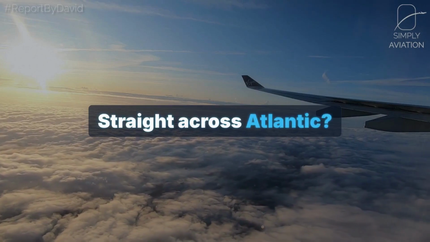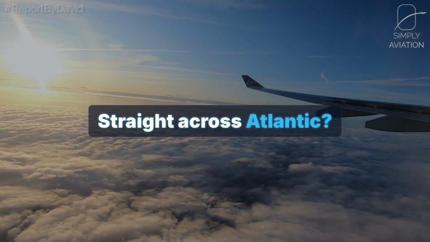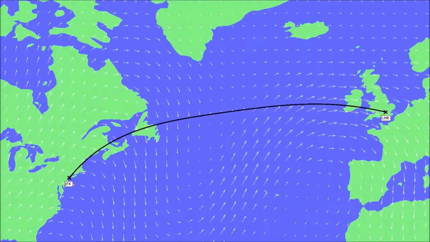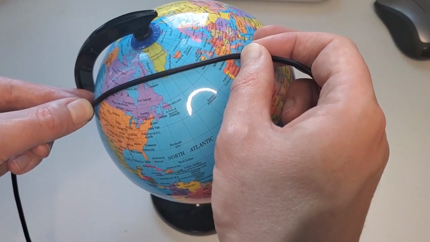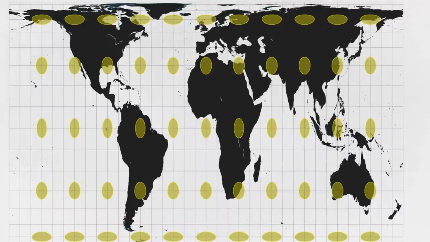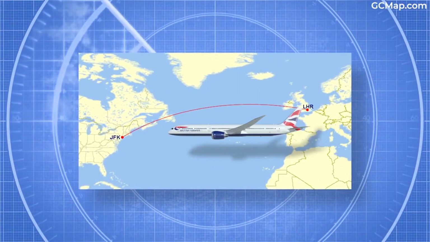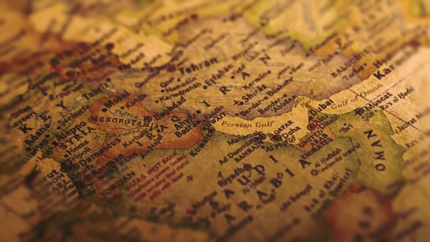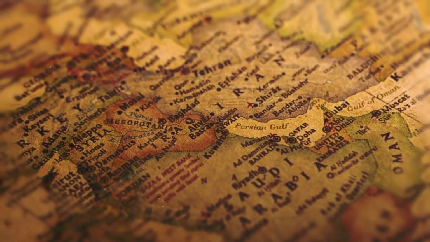A flight from New York to London should look like a straight line across the Atlantic, but on a real flight map, it bends north, sometimes toward Greenland, before curving back down. That looks wrong until you realize the map is lying, and even that is only the first reason planes do not fly straight. To see what is really happening, forget the flat map for a moment and pick up a